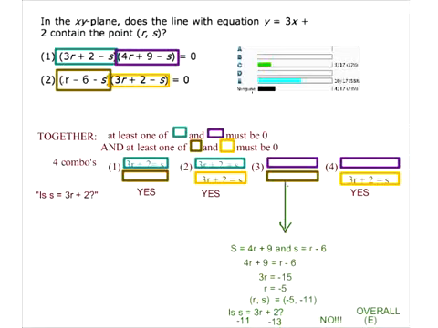Okay, as far as takeaways from this thing, I mean, we have strayed a little bit from the topic of coordinate geometry, but